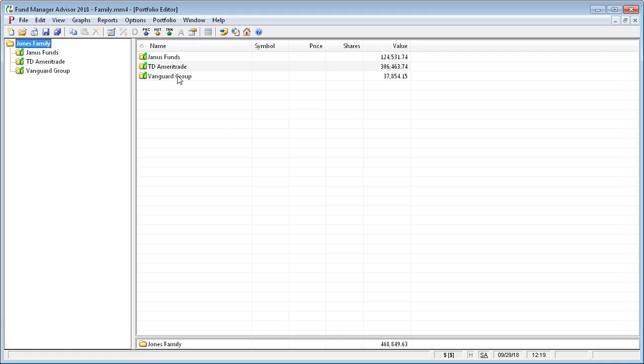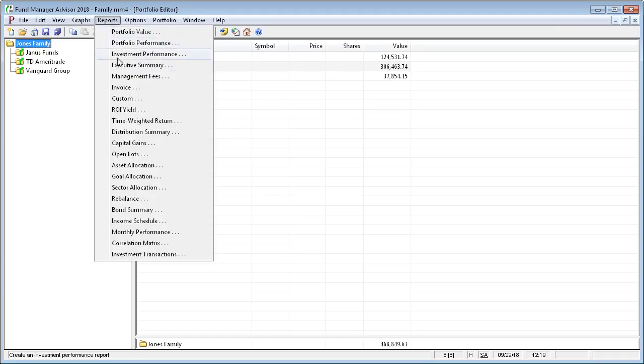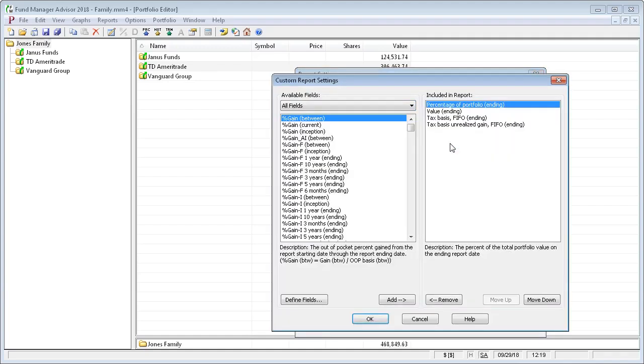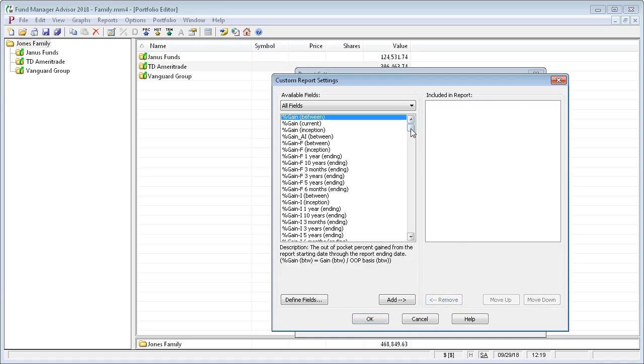Next, we'll take a quick look at the Custom Report. A custom report is a very flexible report where you choose which fields to add. In the Custom Report, you'll notice you have an additional button here called Custom Settings, which allows you to add in any fields that you want. So we'll go ahead and quickly make up our own